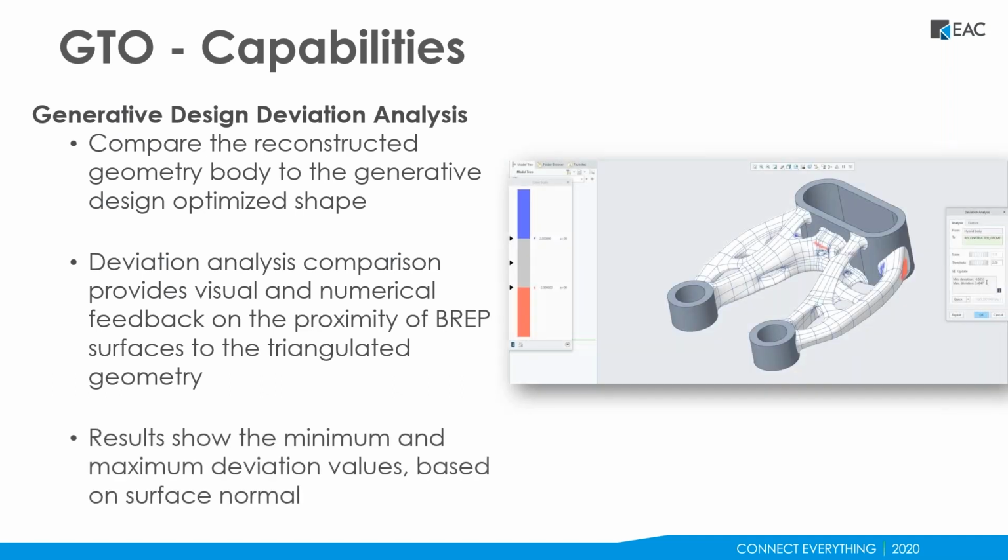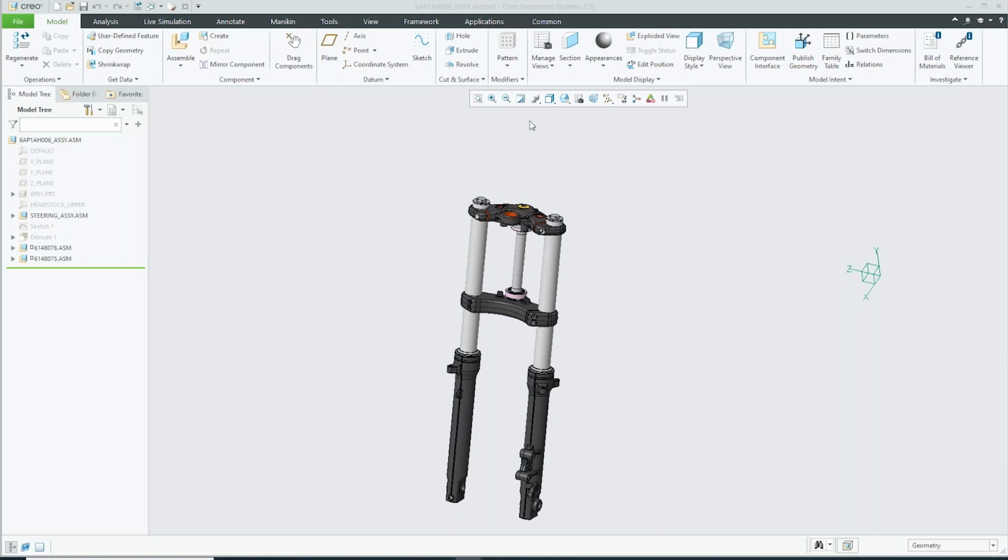And here's an example of what that deviation analysis can look like. So it's kind of measuring the differences between the two different versions of that part. Okay, with that, let's go ahead and put PowerPoint away, and let's take a look at what this looks like